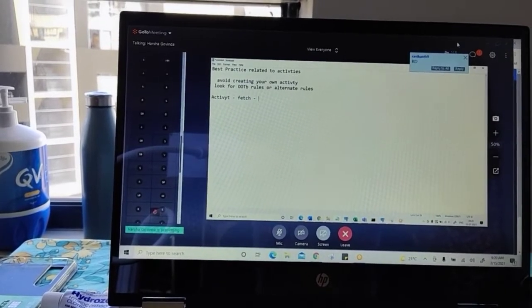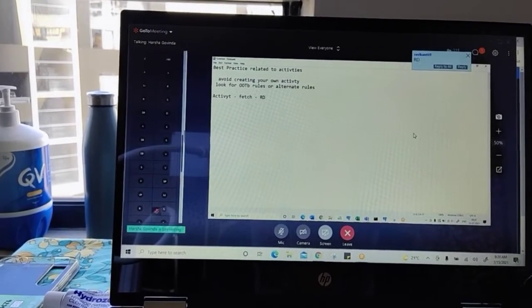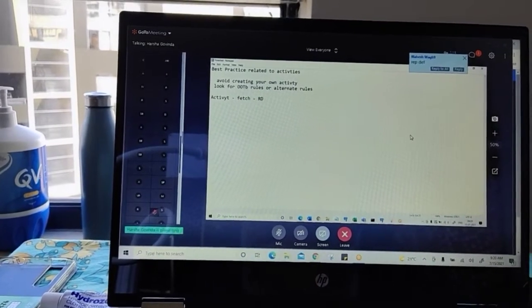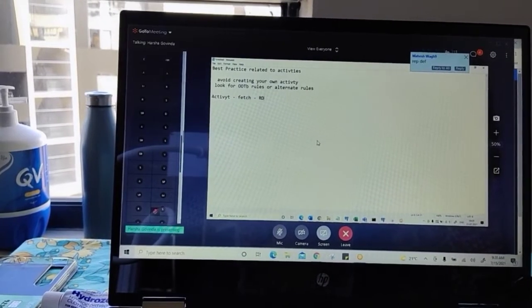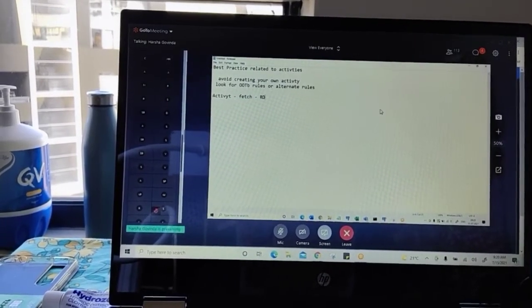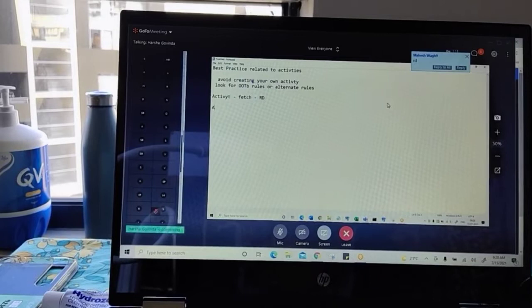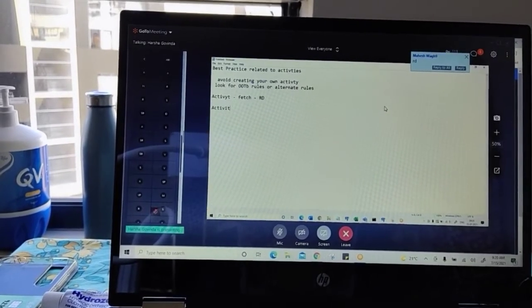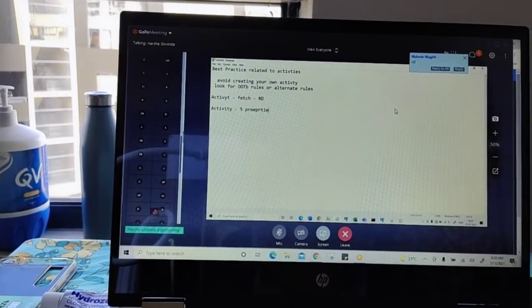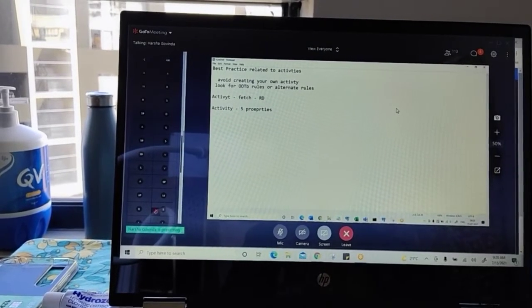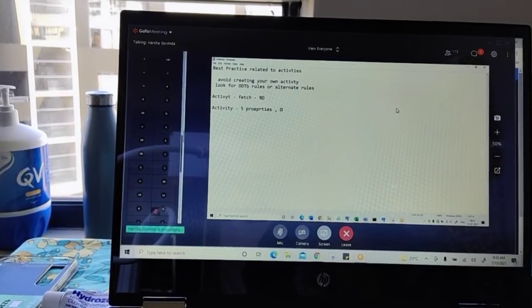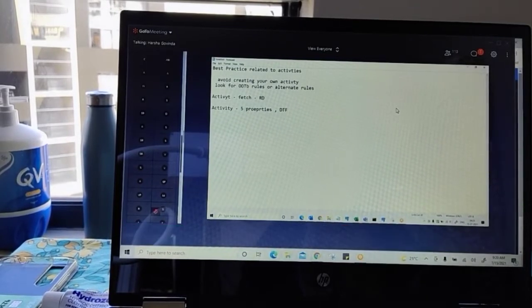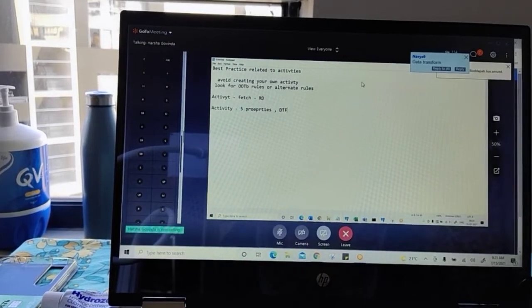I want to browse the data, so I can use the report definition instead of an activity. I can do the same by using an activity or by using a report. If this possibility is there, which one do you go for and prefer? You will always prefer report definition. If I have been given a requirement to create an activity and write five property sets, whether single value, page or page list, then instead of creating an activity, I should implement this by using data transform. That's the best practice.